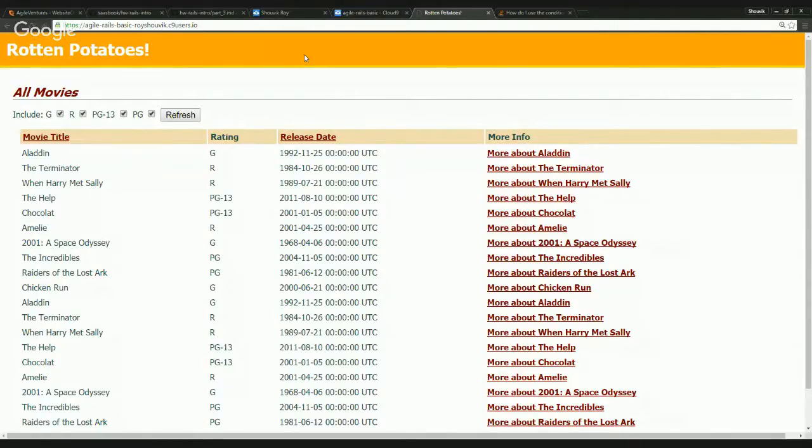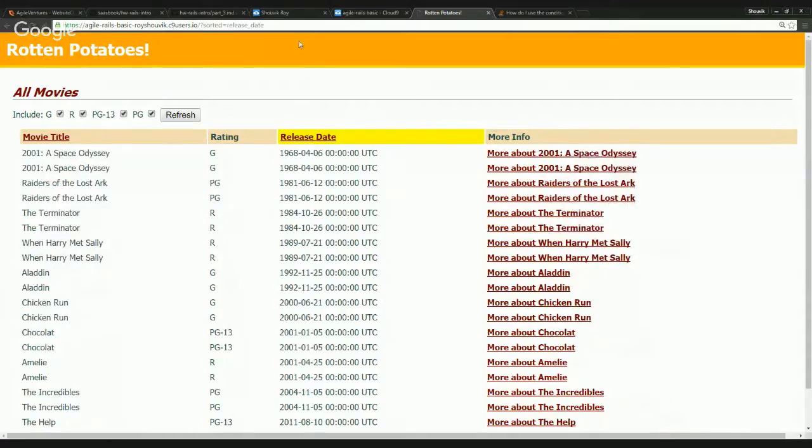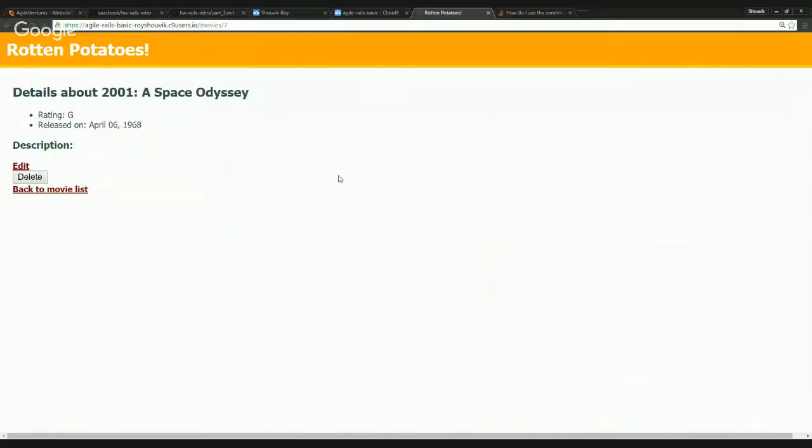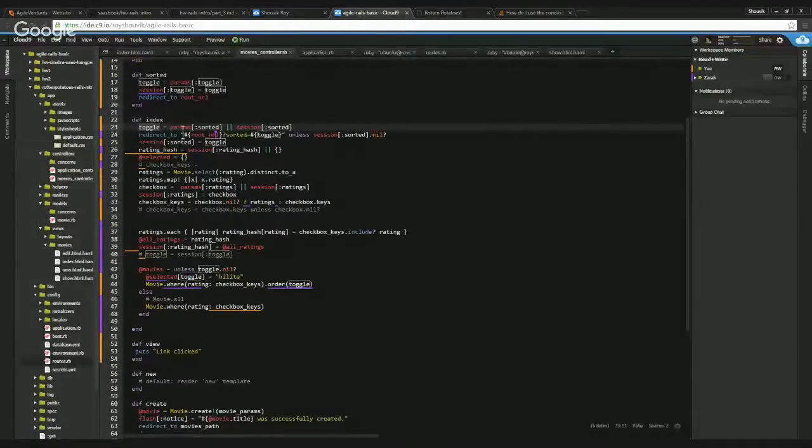So it doesn't redirect if it's not set. Okay, then I do some sorting. It's fine. I go to another page. This is also fine. But when I am back to movies list, my params sorted, param colon sorted, is nil. So I'll read it from the toggle,